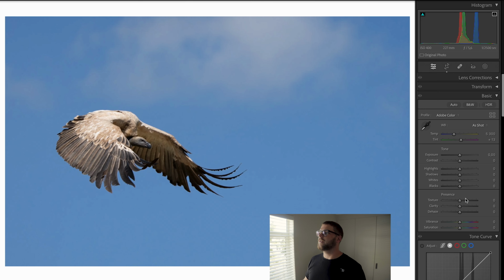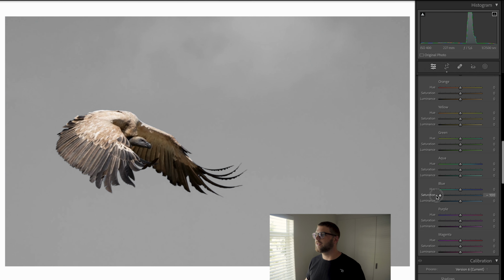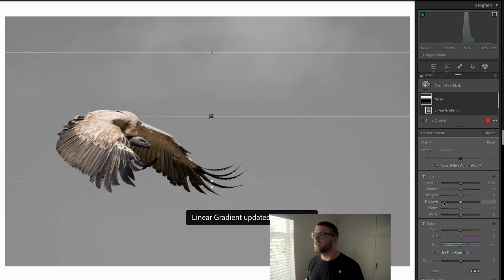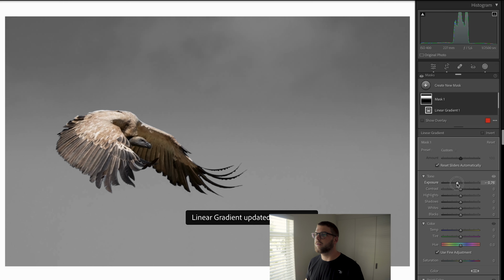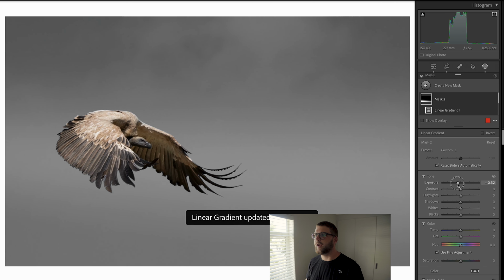All the way down in the HSL slider, you're going to go to the blue tones and you're going to desaturate it 100%. So there's absolutely nothing there. So then you're going to take the luminosity, bring it down a little bit, press M on the keyboard, and create a linear mask. Exposure down, same on the bottom, exposure down again, same on the back, increase the feather,